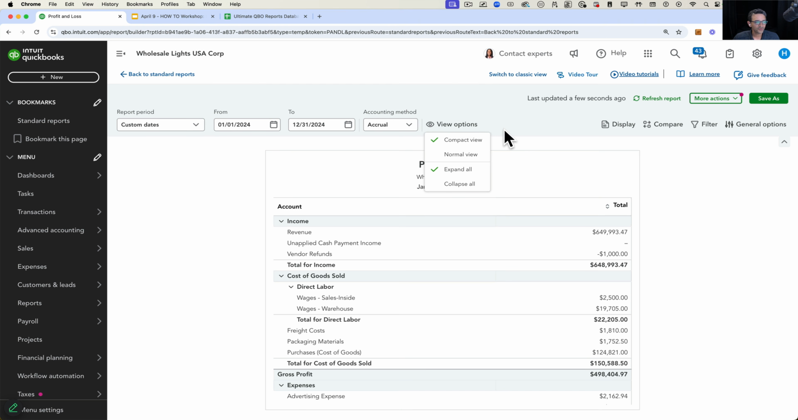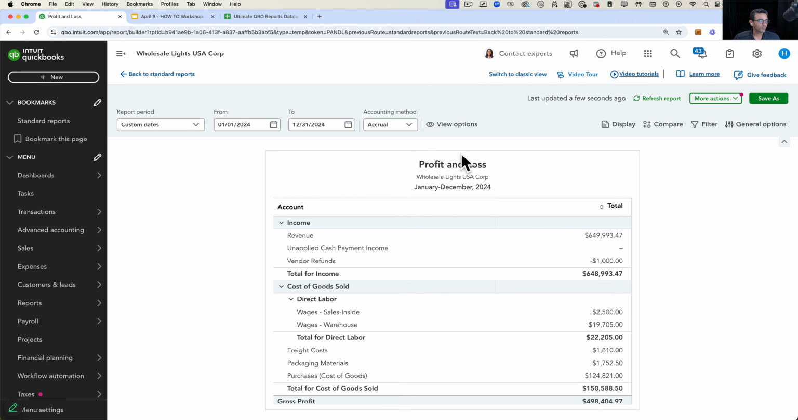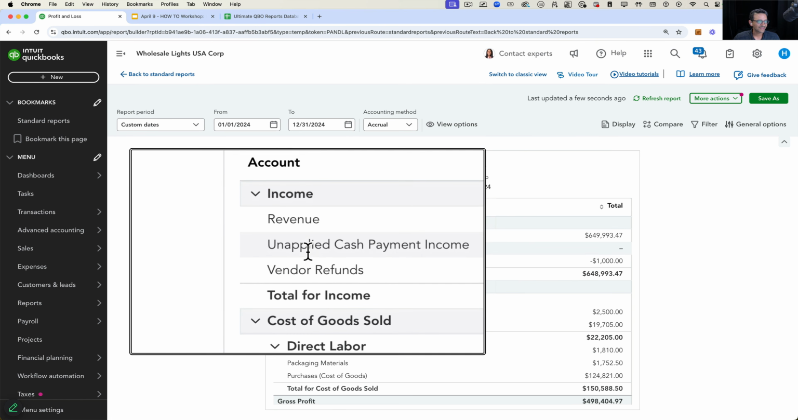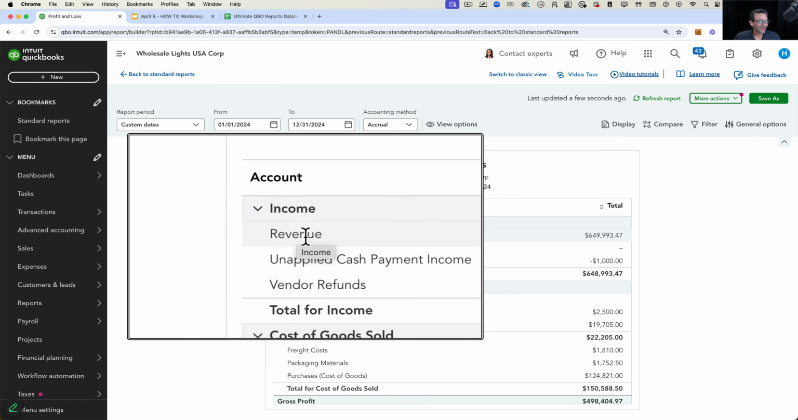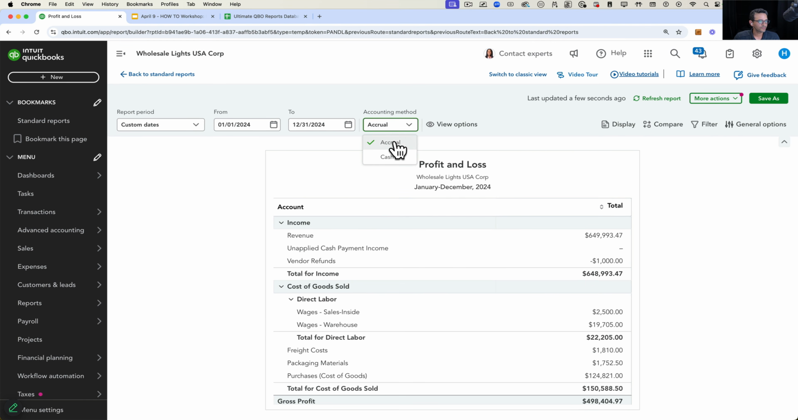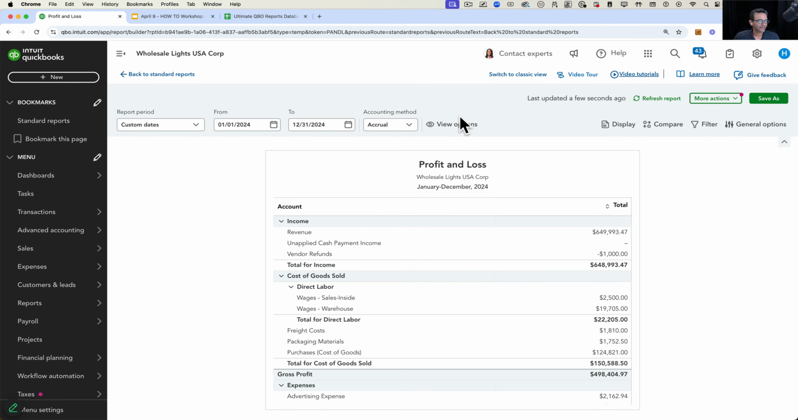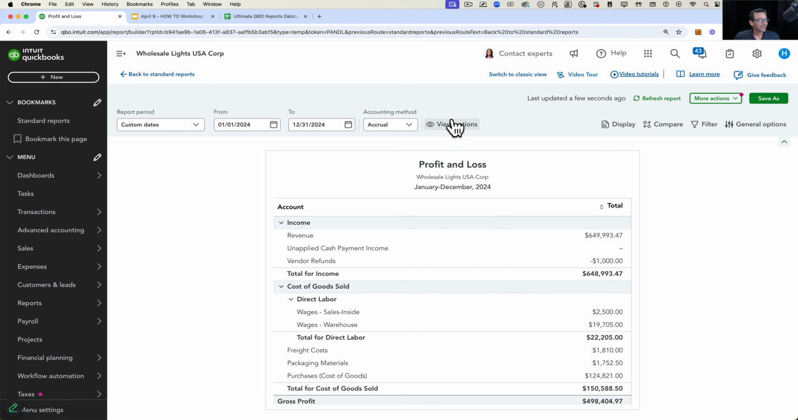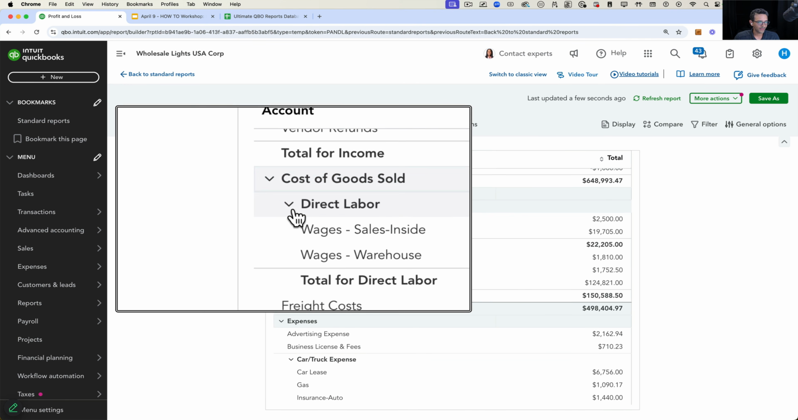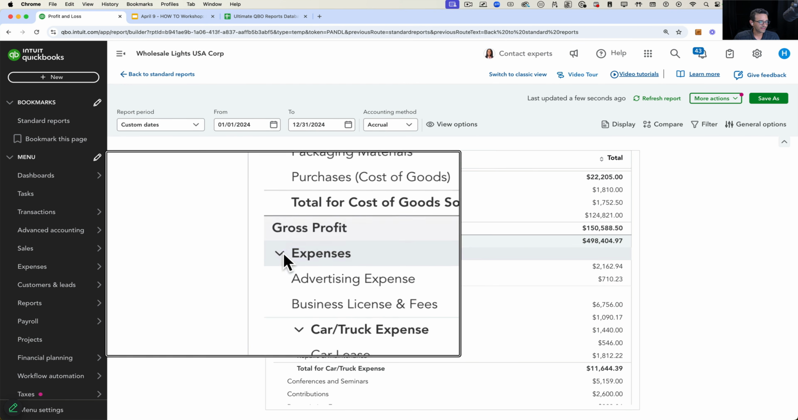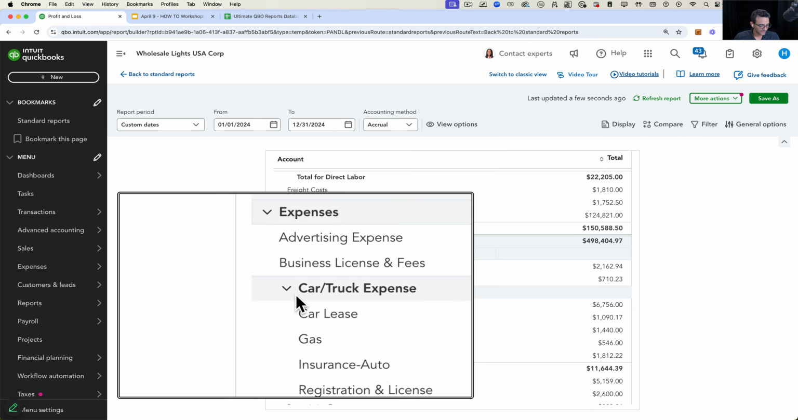View options gives you a couple of things. We have the compact view, which is how you're seeing it now. The normal view basically adds a little bit of spacing and makes the font a tiny bit, like half a point, bigger. So that's really up to you whether you want compact or normal. And then the other one is collapse all and expand all. By default, we have expand all, which means that any categories like cost of goods sold, direct labor, or, for example, expenses and car and truck expense, start